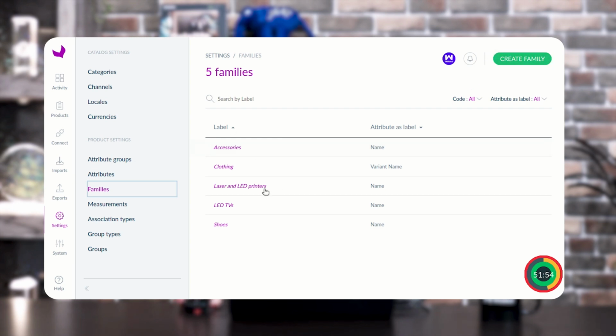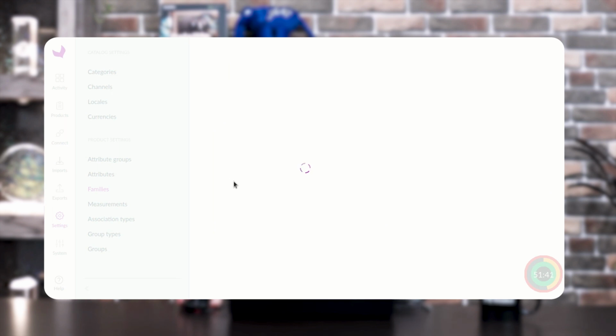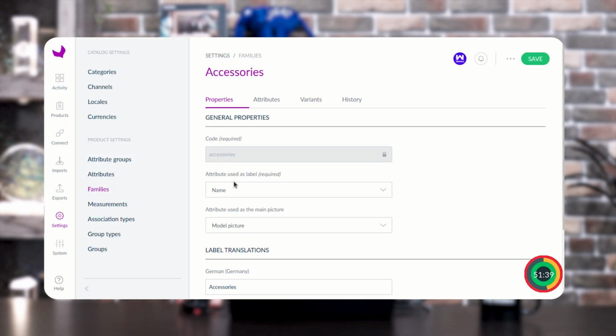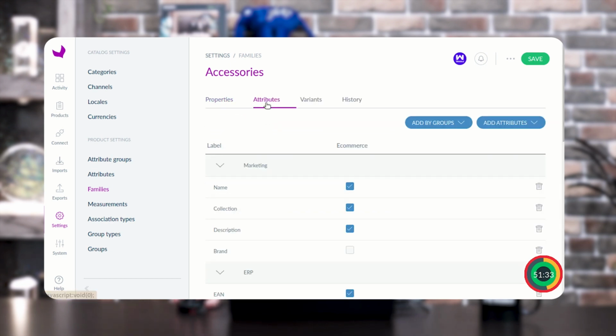As I have already created a list of families, I am assigning that particular attribute into a specific family. As I am assigning that one into the accessories family, I just need to tap over here, and here you will get an option of attributes, and after that in the right navigation you can see an option of add attributes as well.